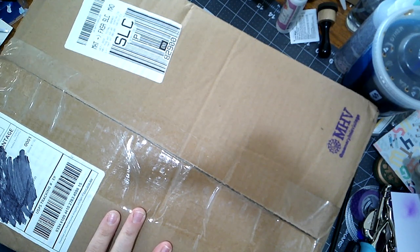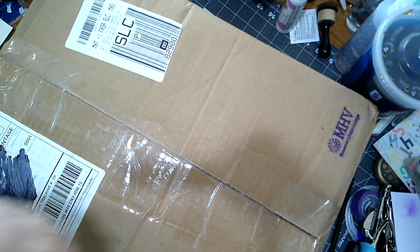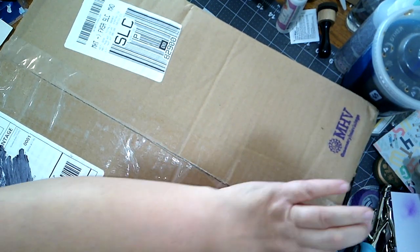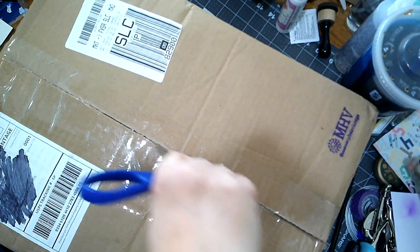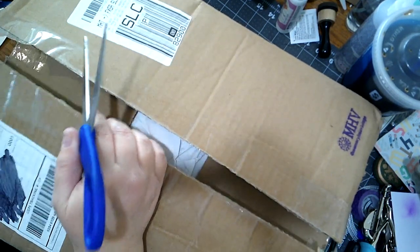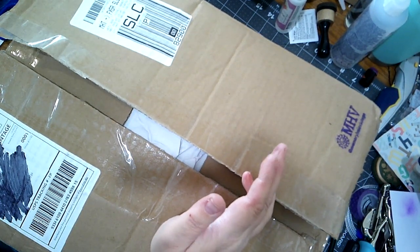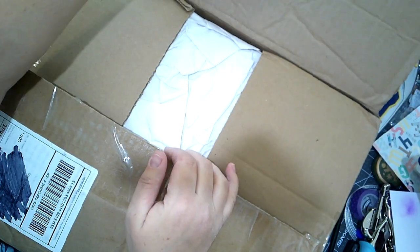And I felt like I was wanting some more real vintage stuff, and I thought, well, instead of hunting it down myself, going to thrift stores and all that stuff, I'll just order another box from Memory Hole Vintage. This is their largest box, and I did have a coupon for 15% off, which was nice. I think one of the other times I got a box from them, I filmed it, but I don't think I did both times. Anyway,